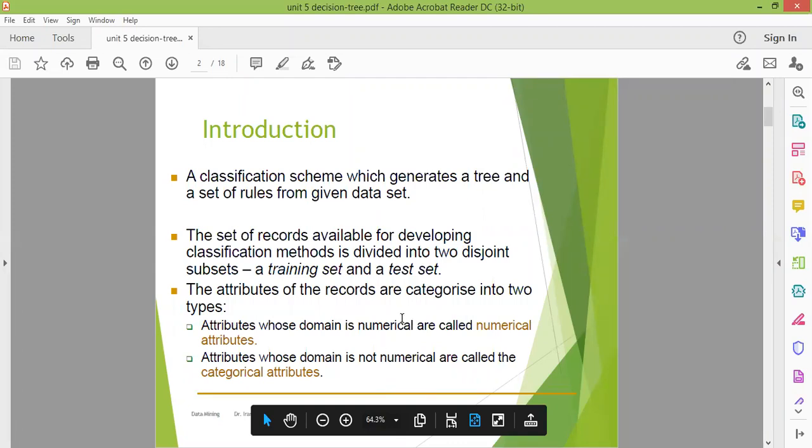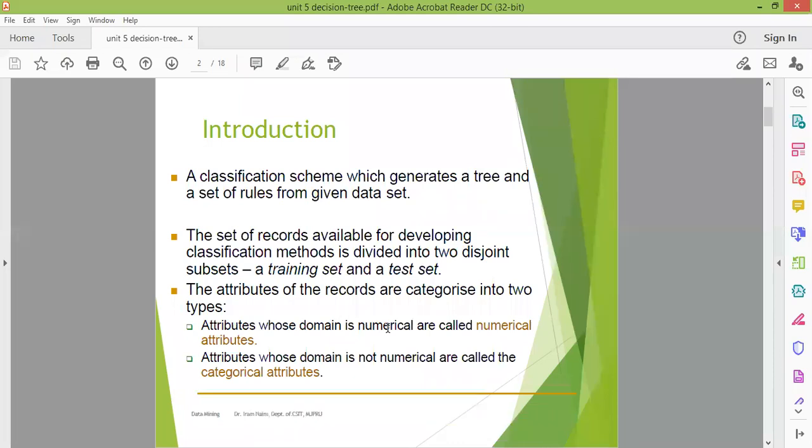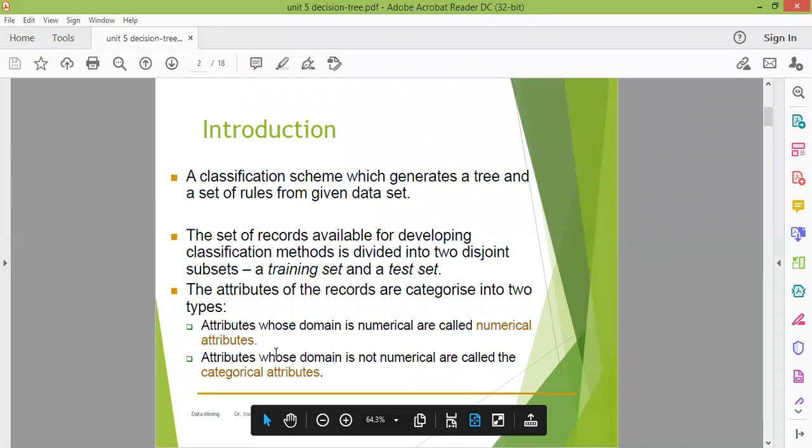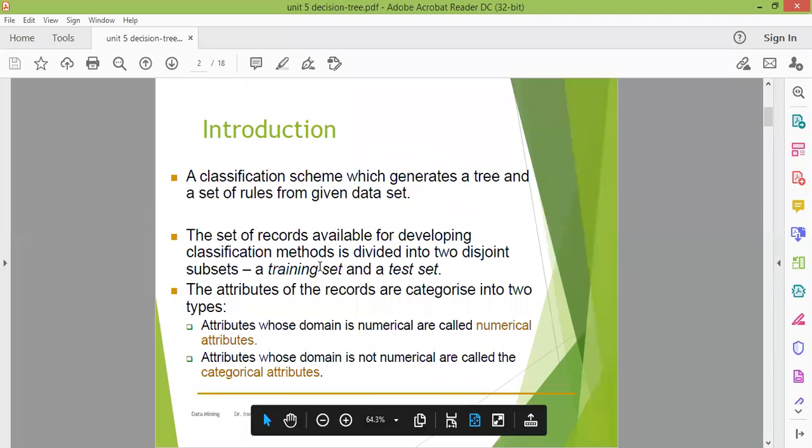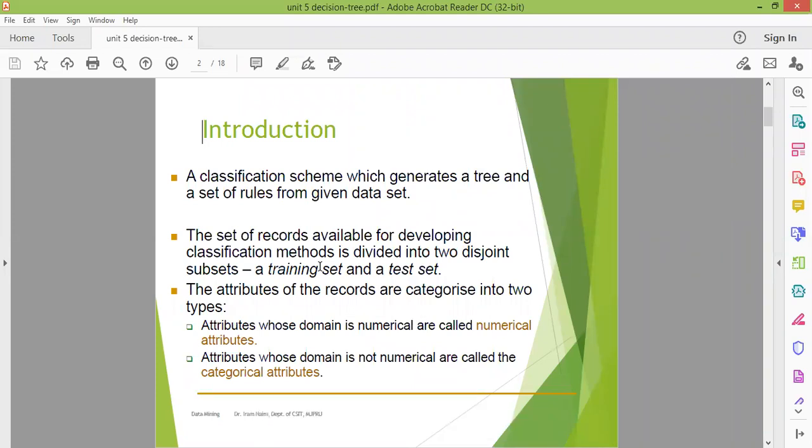Those having numeric values like 1, 2, 3, 4 are called numerical attributes, and those not having numeric values, like name, where there is no ordering of the data, are called categorical attributes. And when you have the data set, you always partition it into two parts, the training set and the test set.